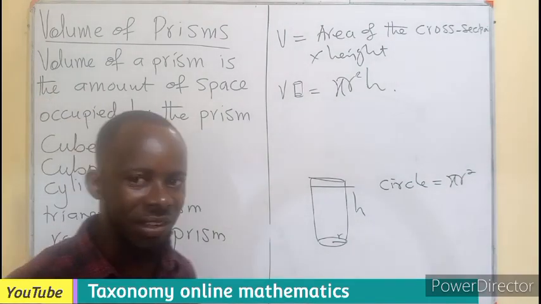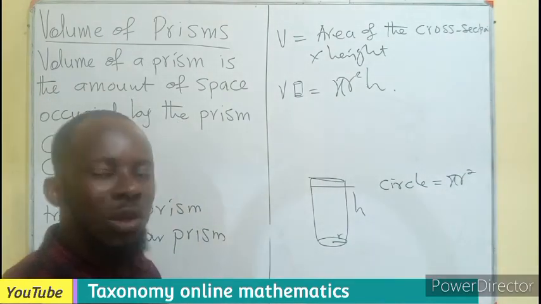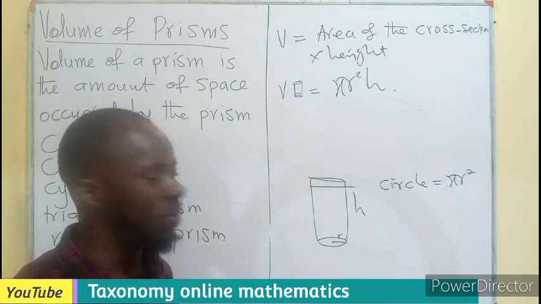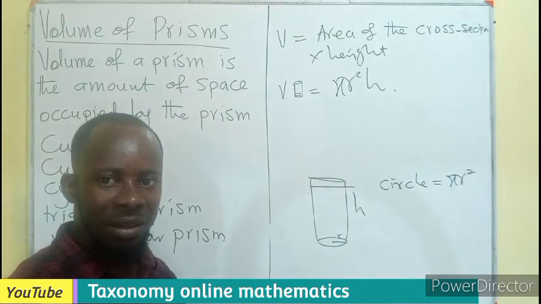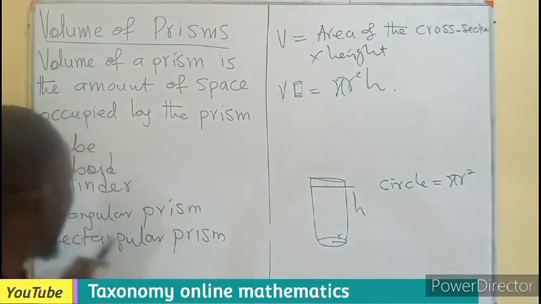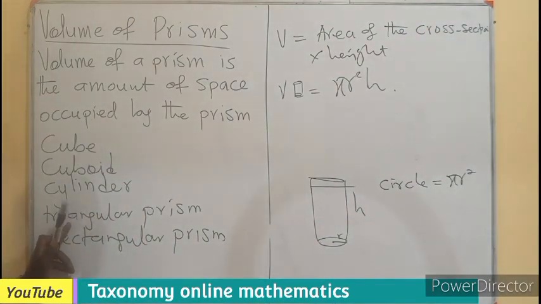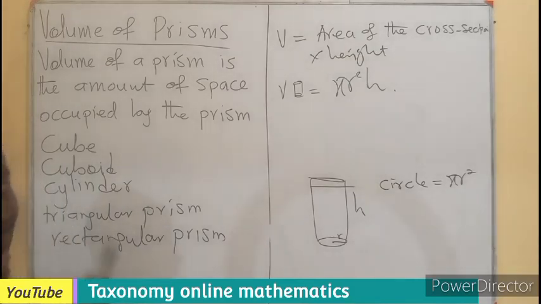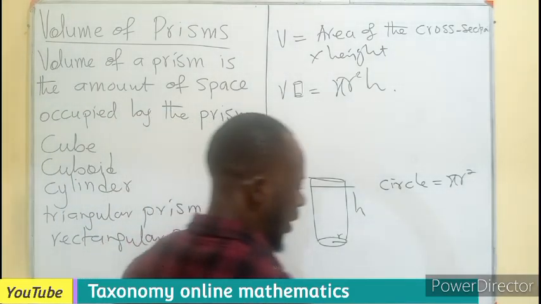So no need memorizing the formula. You can just know that to find the volume of any prism, it is the area of the base times the height. So if it is in this form, as in what? The rectangular prism, a triangular what? Prism. Meaning, let's say,